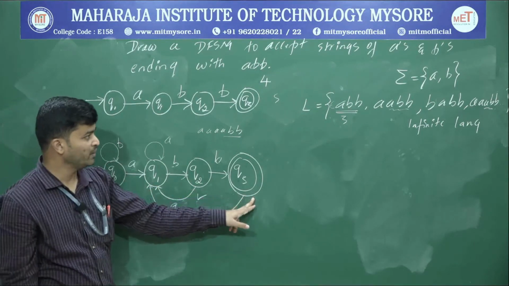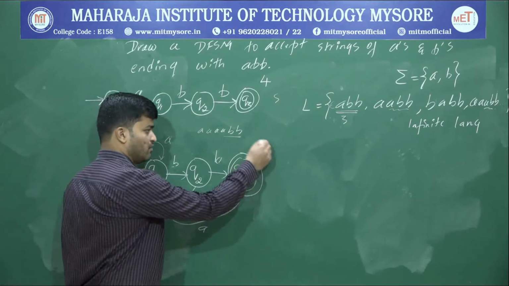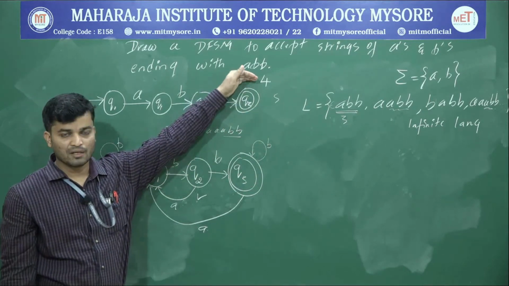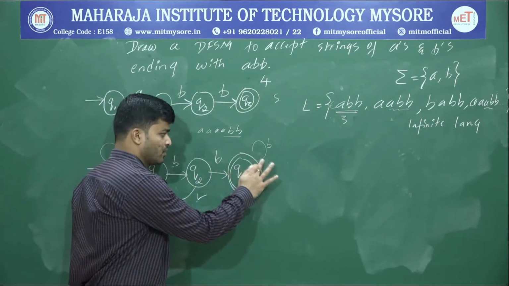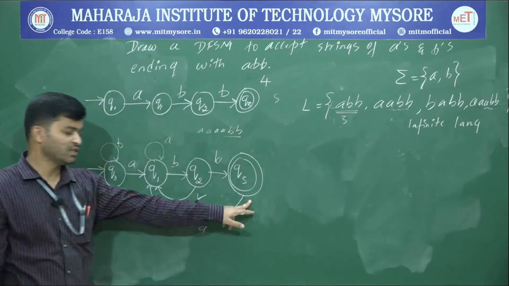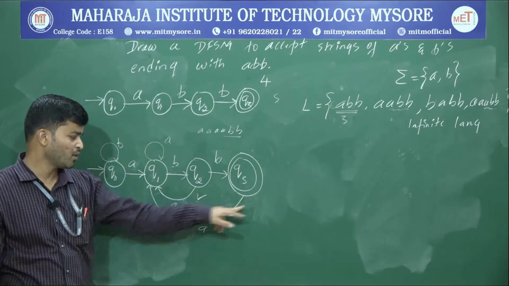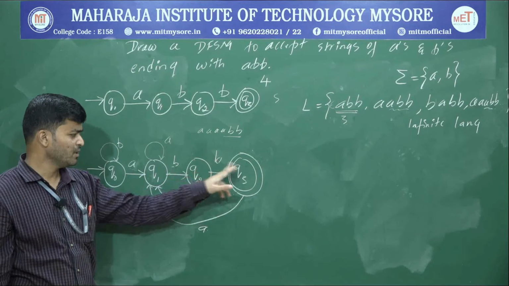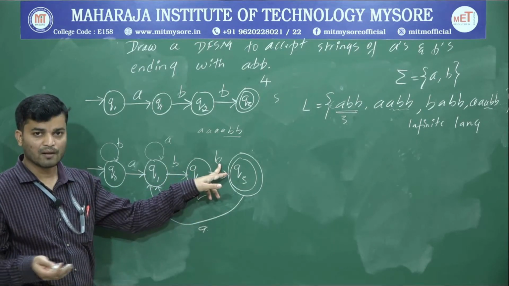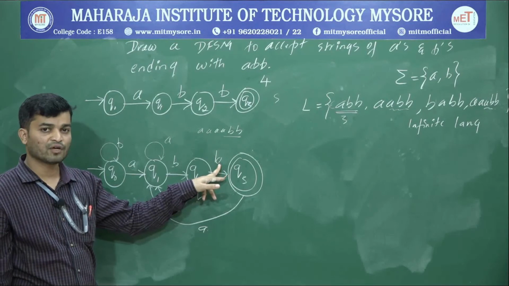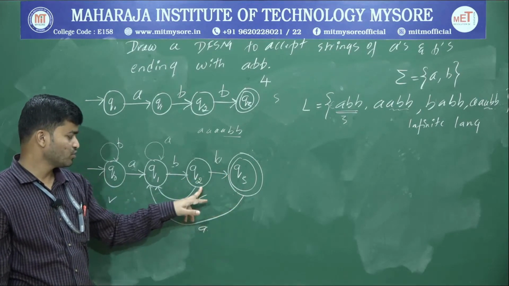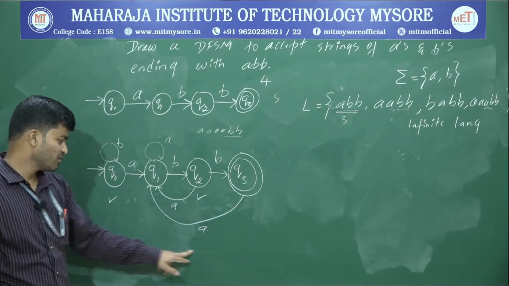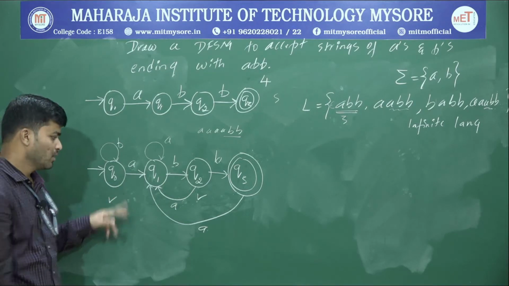Okay. Now I have to give a path for B. If I write a loop, what will happen? It is going to end with n number of B's. That is not our requirement. It should end with only 2 B's. Therefore, loop is not a valid option. So what is the next? Connect with the next nearest state. What is the next nearest state? Q2 upon B. If I connect to Q2, what will happen? It is going to end with B, B, B, B, again some number of B's. So that is not a valid string. So connecting to Q2 is also not possible. What about this one? I'll get 3 B's. That is also not possible. Just observe here. If I connect Q3 to Q0, what will happen? B.